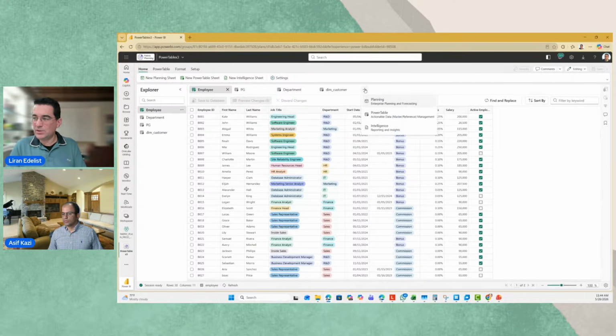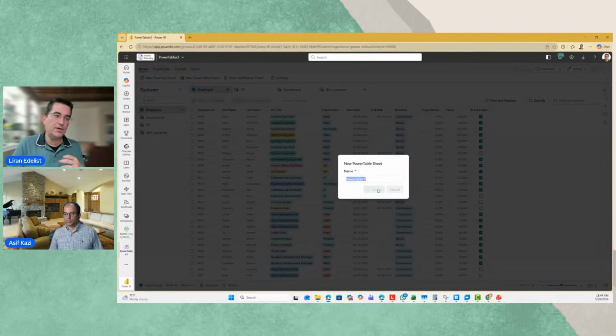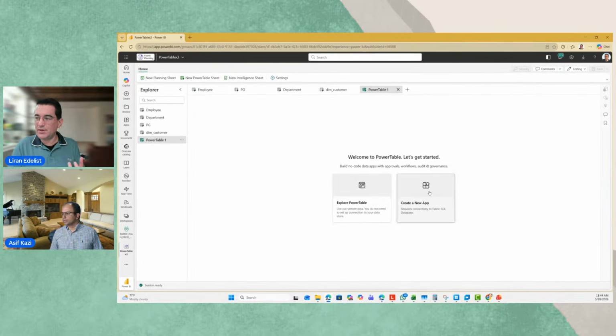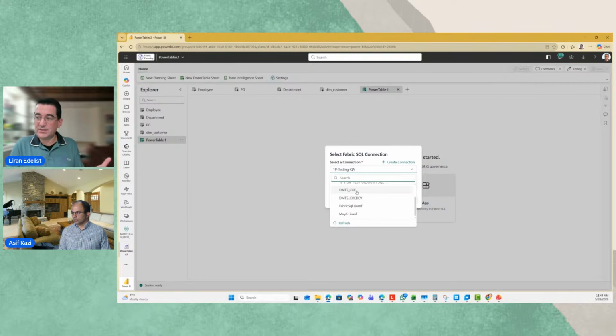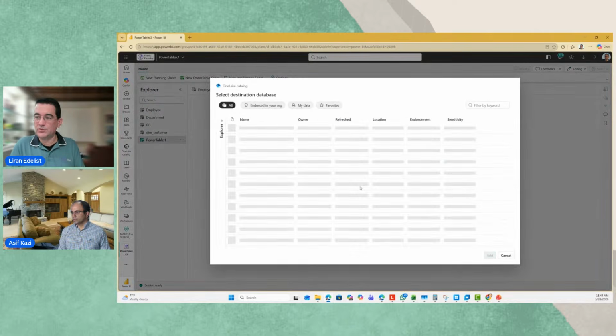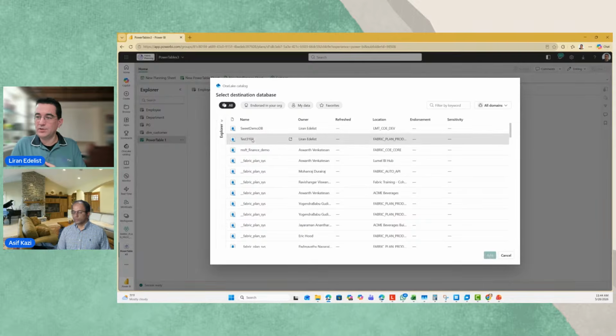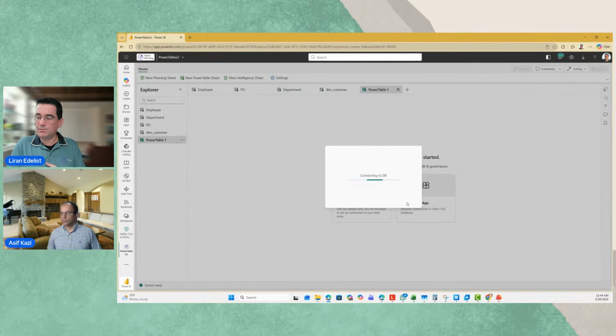And last but not least, it's very interesting that I can use Power Table not just for an existing table, but I can literally load data directly from Excel to my Fabric database, and then stop managing data in Excel and use this beautiful tool to manage the data in the database with governance, with the ability to see everything connected. So I'm just selecting a database to upload my file there. I will connect to this database.